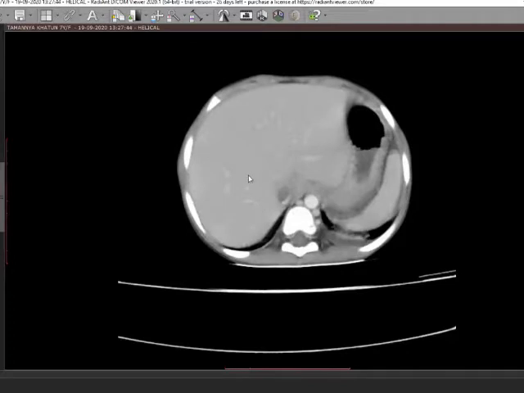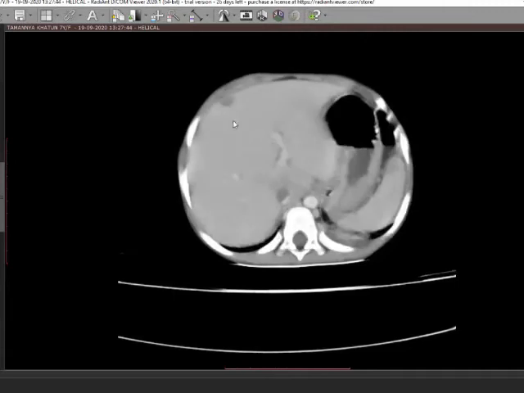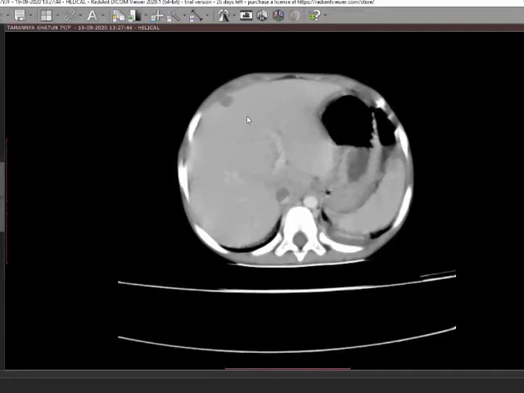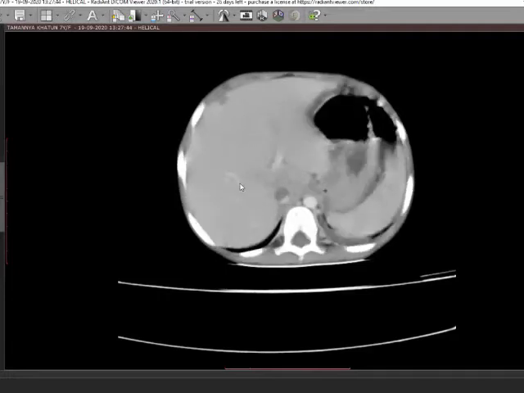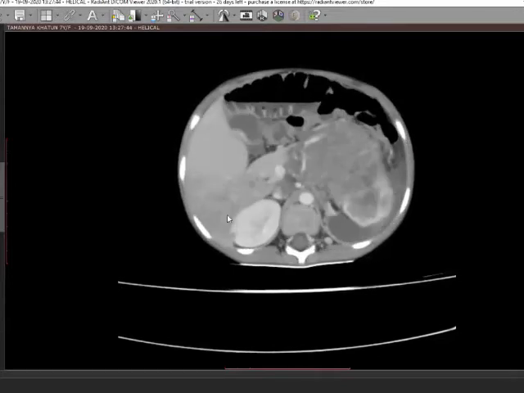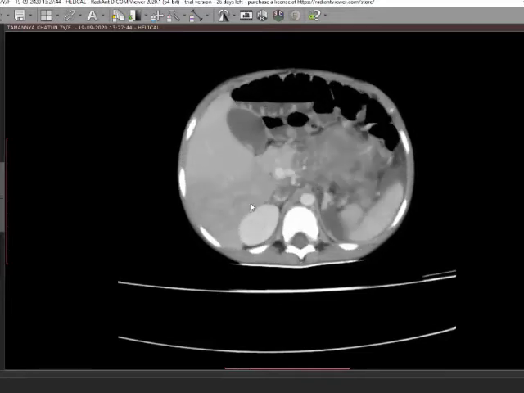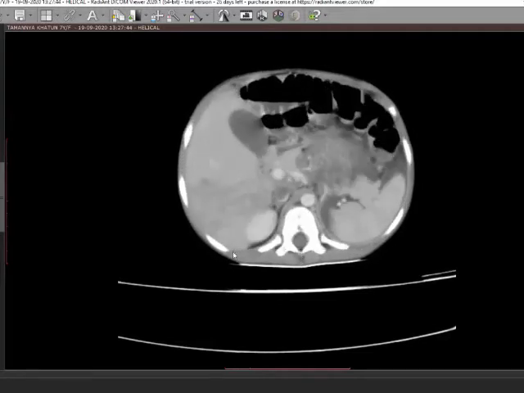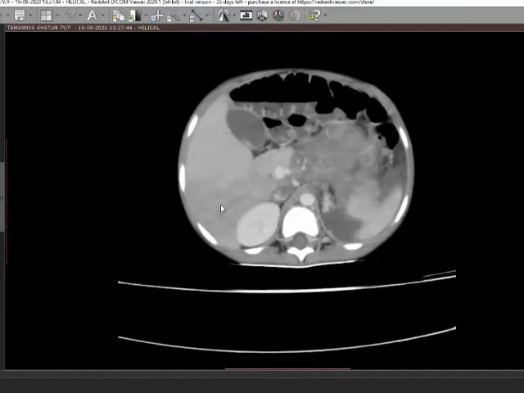In the liver, there is a well-defined subcapsular lesion which is hypoenhancing compared to the background liver parenchyma, but still suspicious for metastasis. Another finding in segment 6 is a non-enhancing linear structure, with an attenuation difference between this segment and the other segments of the liver. This can be a thrombosed branch of the portal vein supplying this part of the liver. Given the tumor thrombus, these can also be microemboli.